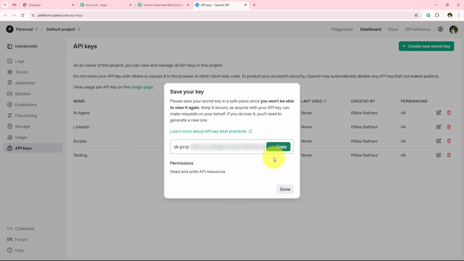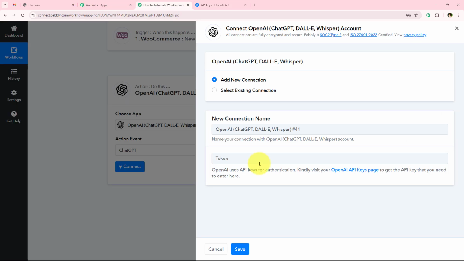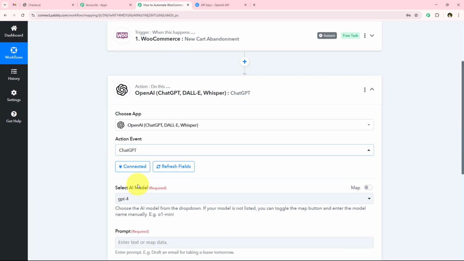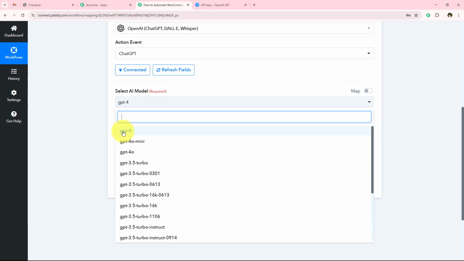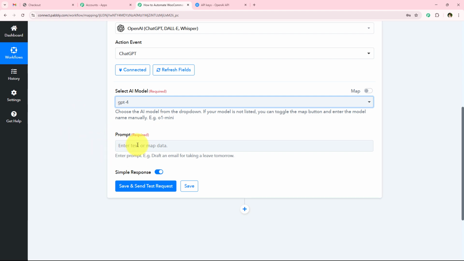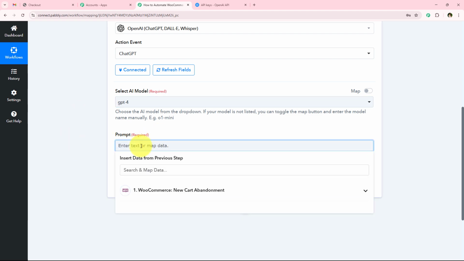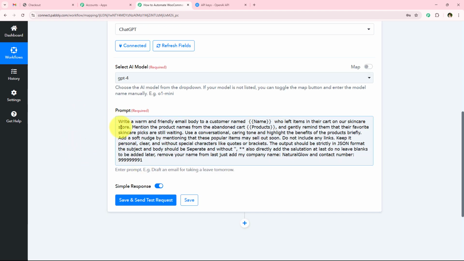So I'm simply going to copy this secret key and we are going to simply paste it right over here in our workflow. And after pasting this API key, we simply have to click on this button which says save. And yes, with this we have successfully connected our OpenAI account with our Pabbly Connect's workflow. And now I'm simply going to select my AI model right over here. So I'm simply going to select my AI model as GPT-4, and now it is asking me to enter the prompt. So I'm just going to enter my prompt as this: write a warm and friendly email body to a